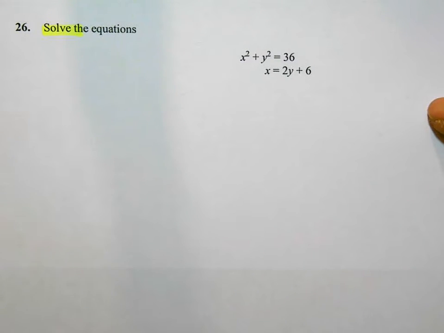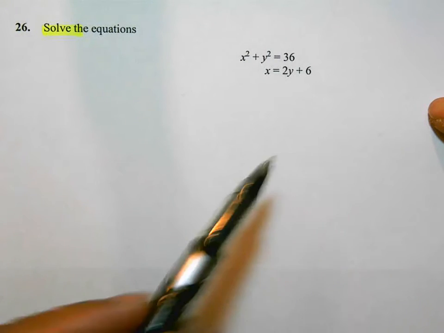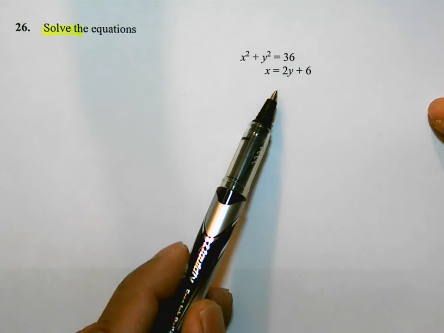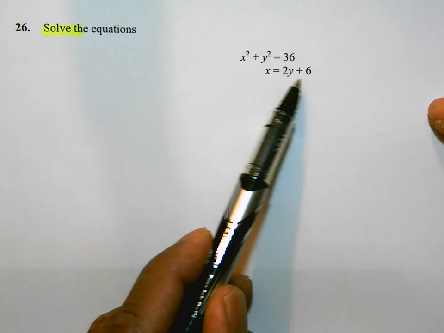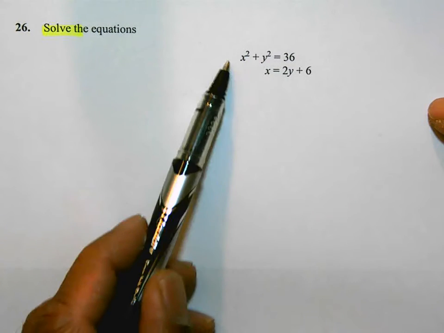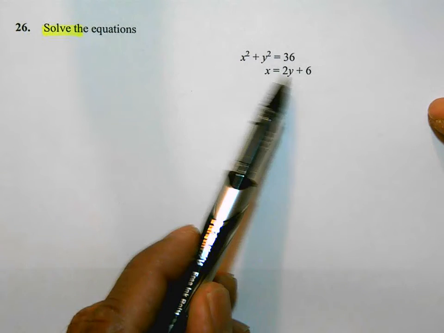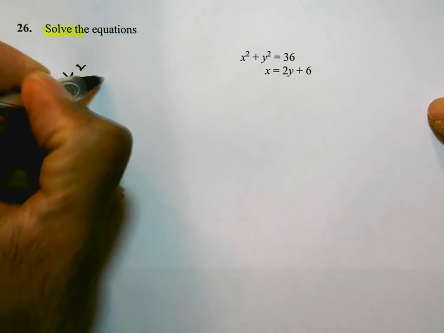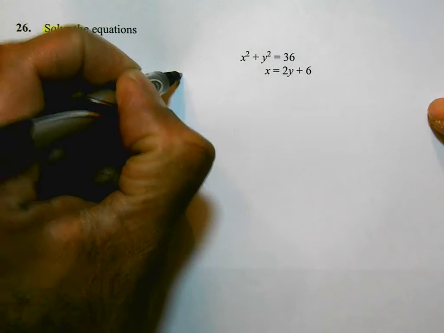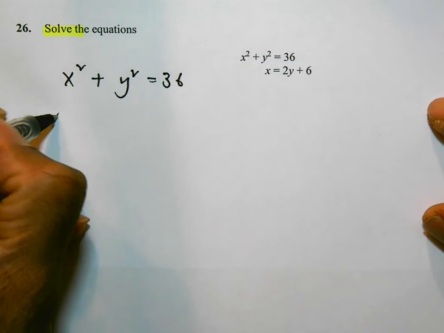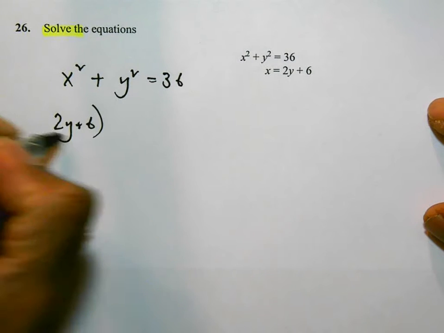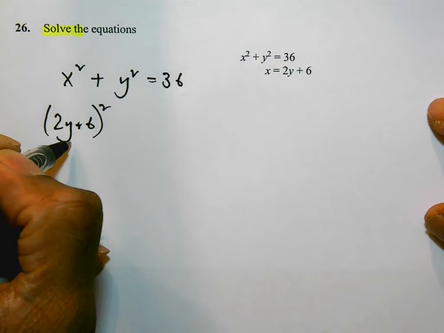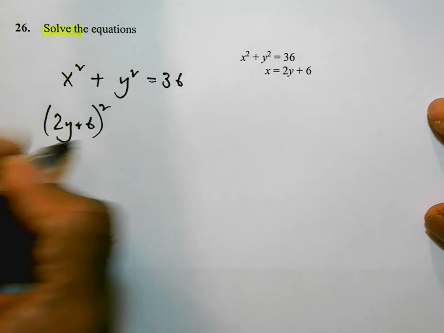We're not going to solve this as simultaneous equations, but I could solve this by a method called elimination. I know that x is 2y plus 6, so I'm going to replace x in the first equation with 2y plus 6. So in the first equation I've got x squared plus y squared is equal to 36. I'm going to replace that x with 2y plus 6. And that's going to give me (2y plus 6) all squared, I'll put it in brackets,